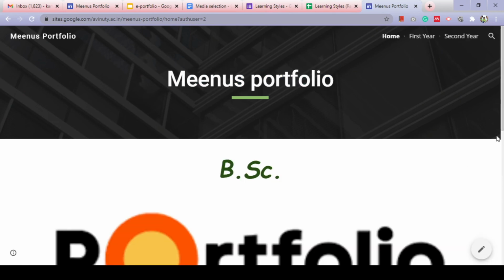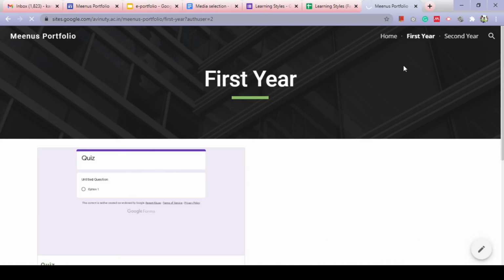So this is how you can create your own website. No cost, it is completely free. You can have your own website and share it with your teacher. You can continue this even after you leave one institution, so that you can update whatever courses you are completing or achievements you have done in that portfolio, so that the teacher can view it using the same link and see your growth and development.